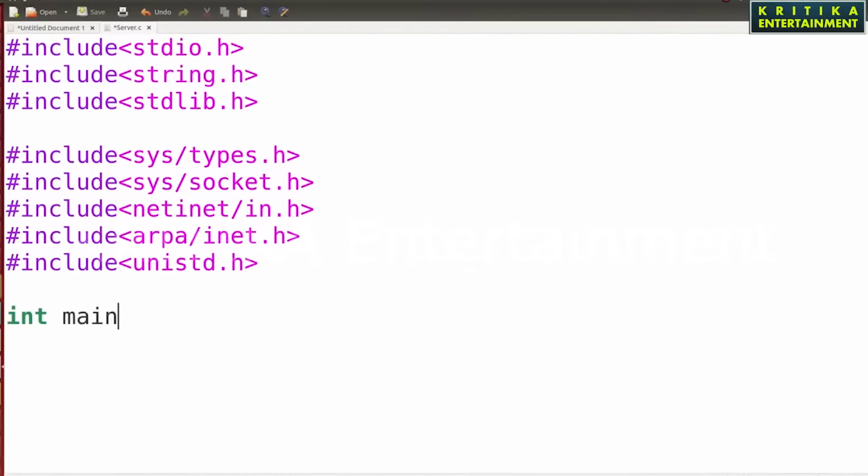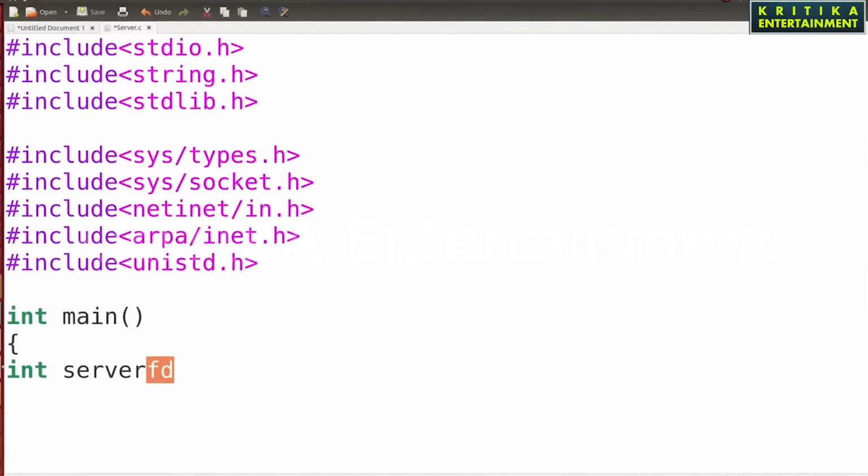In the server file, what will I do? First I will declare int sockfd, or I can also use server_fd, though it is a server file. What is fd? FD stands for file descriptor. When a file is created, it returns one integer number, that is called a file descriptor.